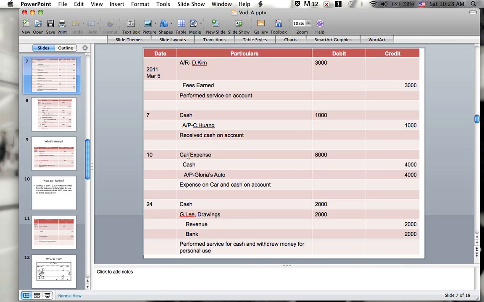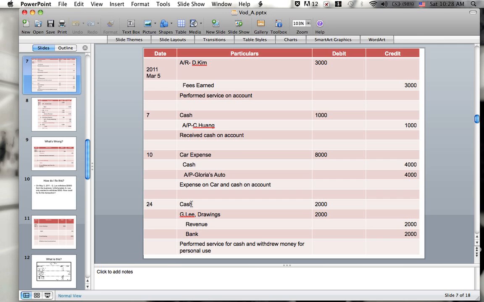The third transaction is March 10th. Debit card expense $8,000 and credit cash and accounts payable Gloria's Auto each $4,000. Expense on card and cash on account. The last transaction,